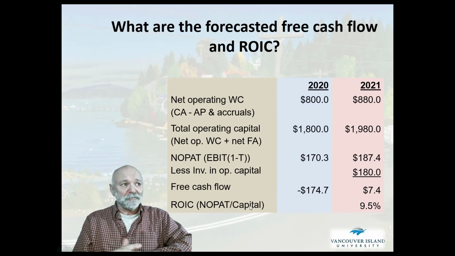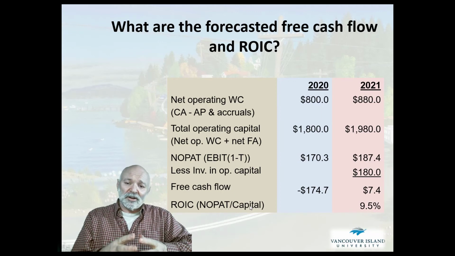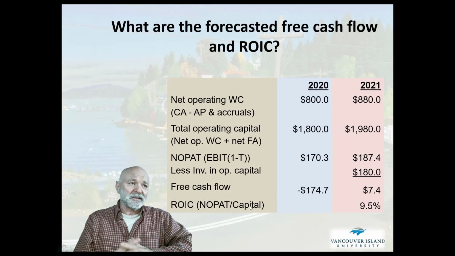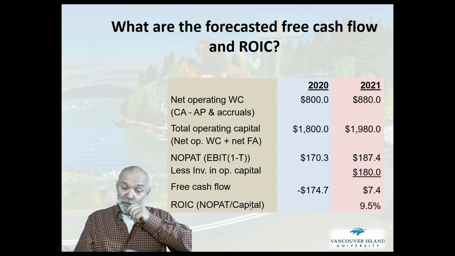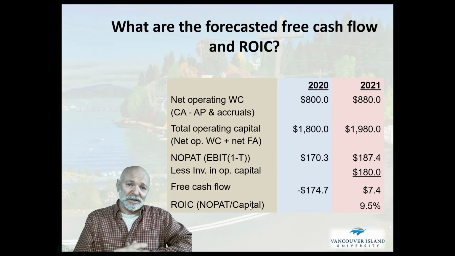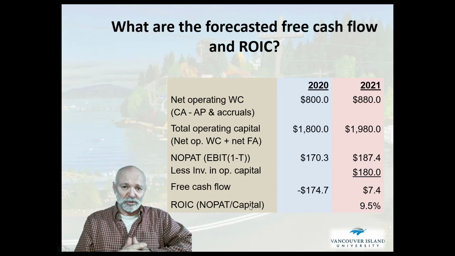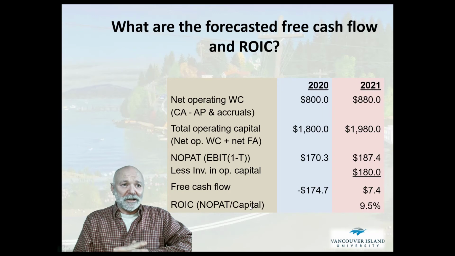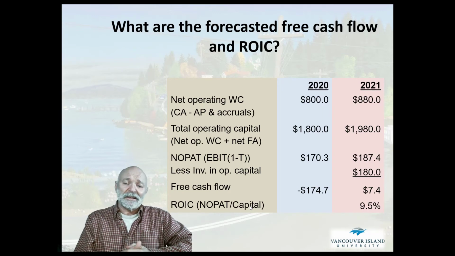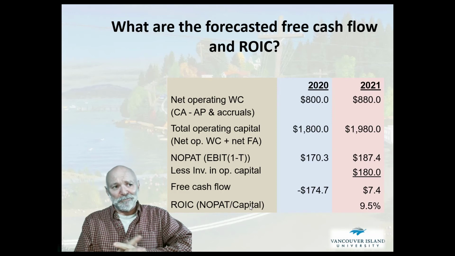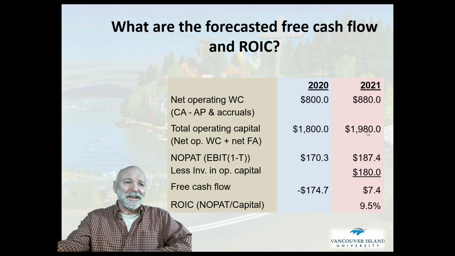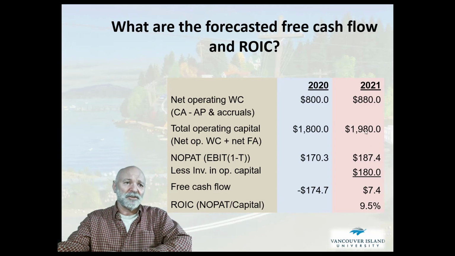In 2020, we had our current assets minus those current liabilities, the net operating working capital, $800 million. That increases in 2021 by $80 million because we have to fund the additional sales. Our operating capital also increases by 10% with that 10% increase in sales from 1.8 million dollars to 1.98, and so that's a substantial increase, $180 million. That's billions and billions,